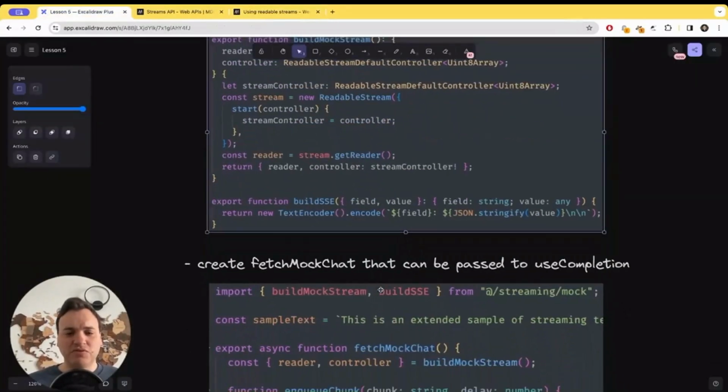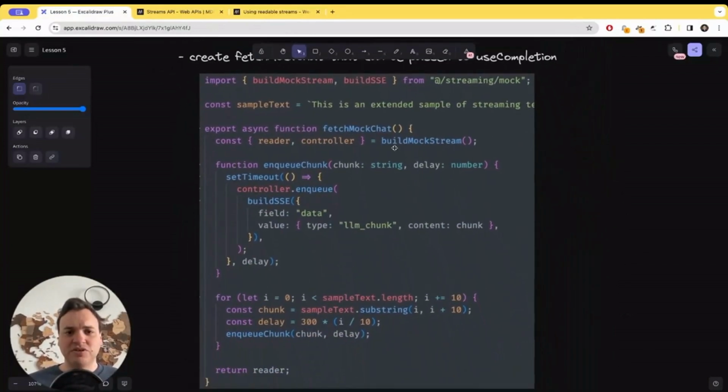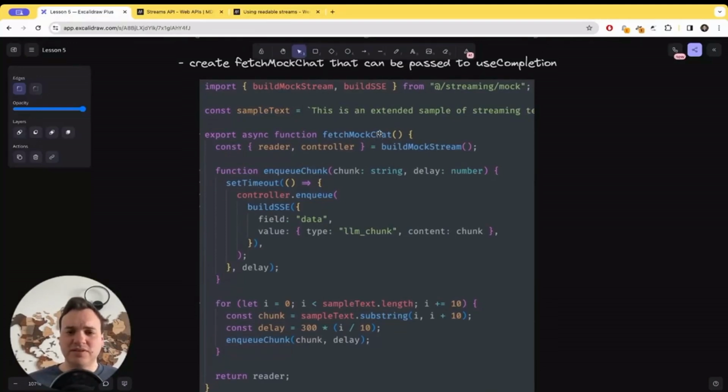Let's go over the usage of this stream. Here we are building a new implementation of a fetchChat function. And if you look at the interface, you'll see that it can be passed to a useCompletion hook. And here we are building the mock stream. We get a reader, we get a controller, and we build an enqueueChunk method. And we use a setTimeout because we want to replicate the streaming effect where events come one by one